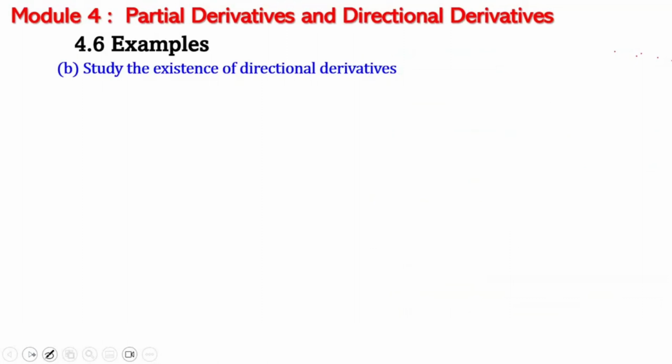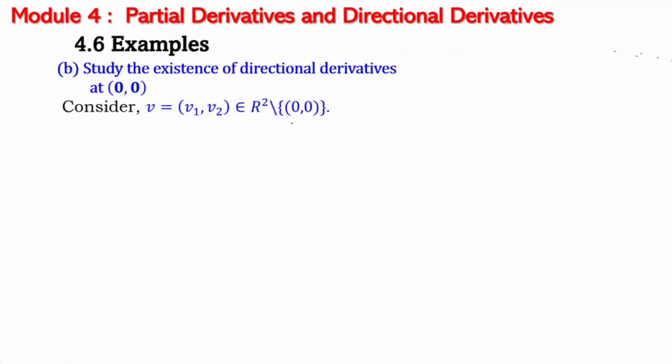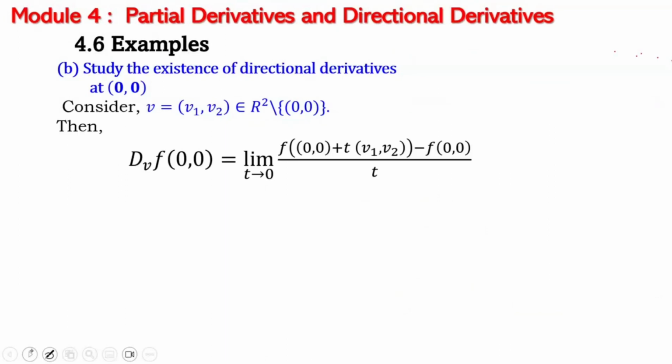Okay. Now we will study the existence of the directional derivative at (0, 0). For that, we consider the vector v = (v1, v2) belonging to R² minus (0, 0). Then, using the definition of the directional derivative, we will have now